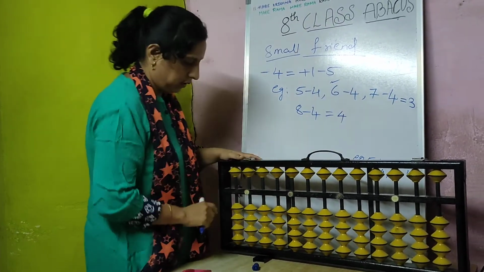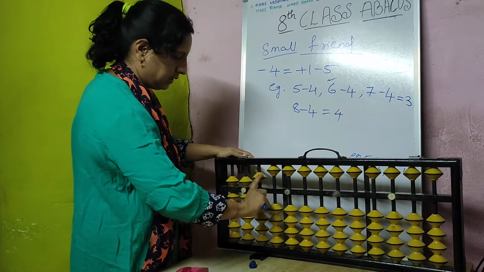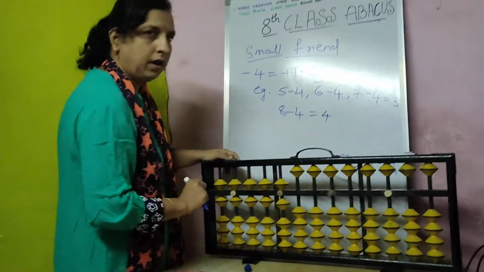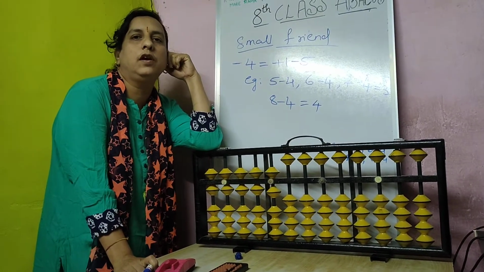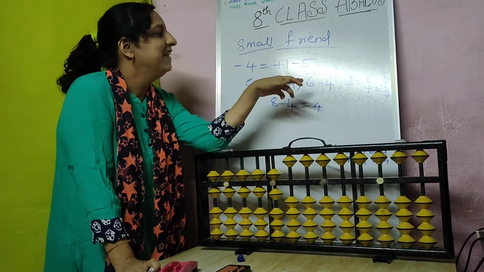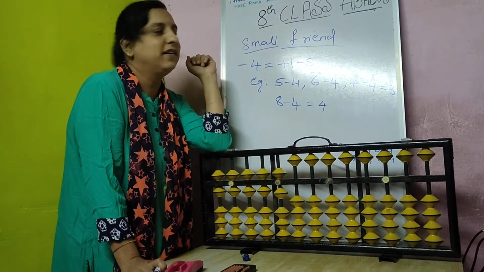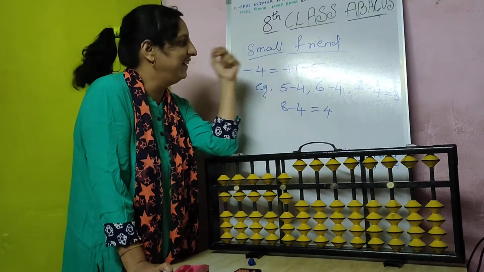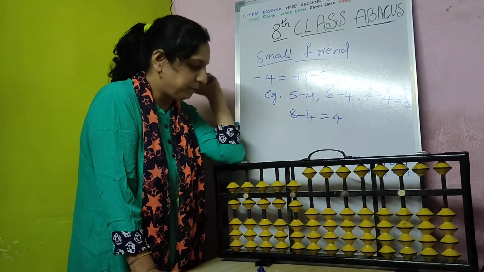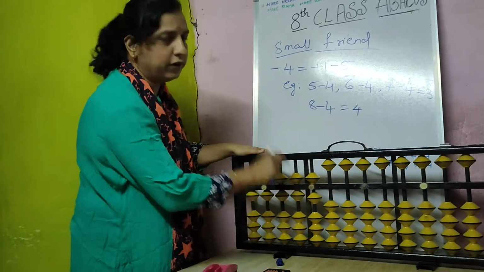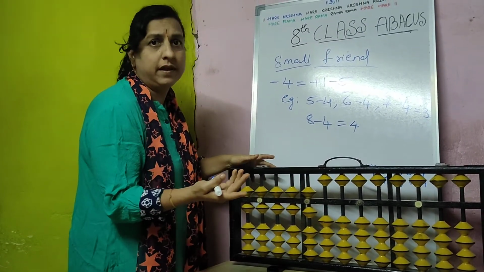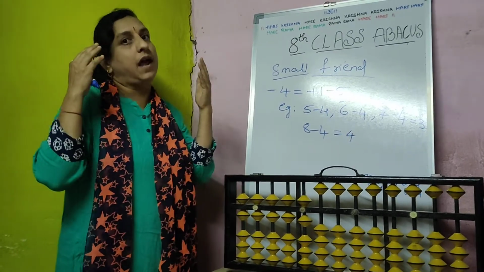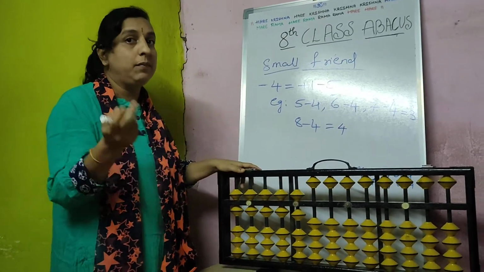Now I will take this example, 6 minus 4. So 6 is there. Again what will we take? Chocolates or pedas, we will take pedas. Okay, 6 pedas minus 4. Teacher likes more sweets, isn't it? So 6 minus 4. How to do minus 4 here? I cannot do minus 4 directly, because only one bit is there. Again I am in a problem, so tell me what to do.